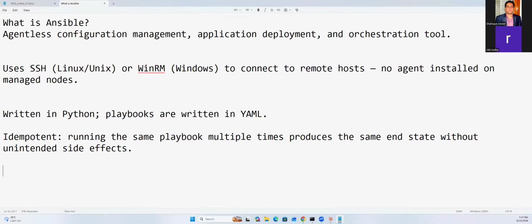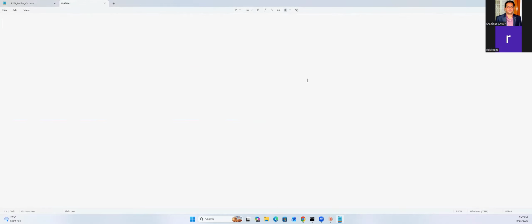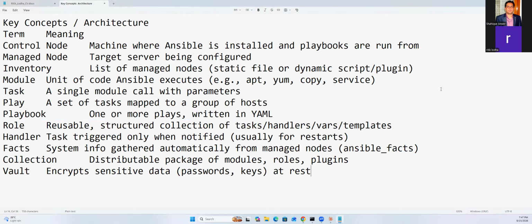Now let's come a little bit down. Now I am showing you some key concepts which are important to memorize. Then only you can work with this UI part. I will create the complete guide. So first of all, let's say